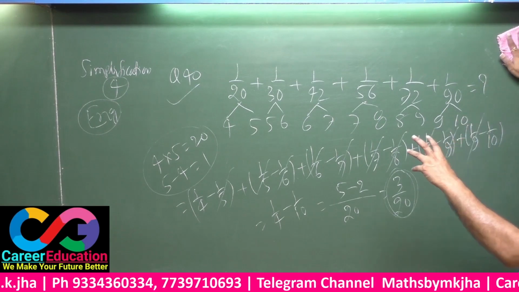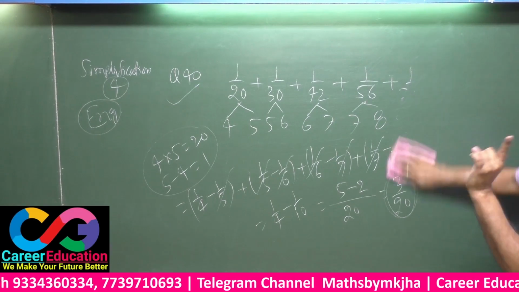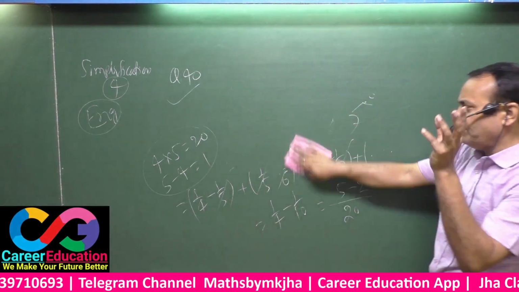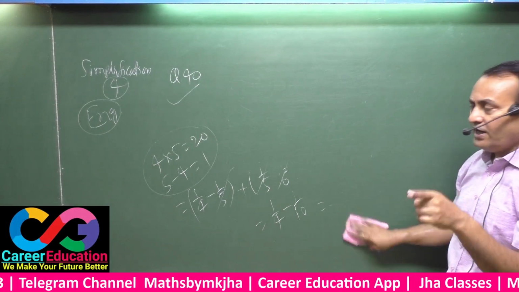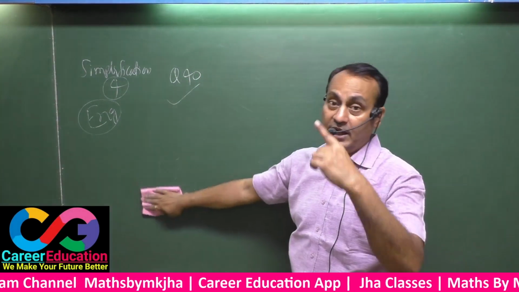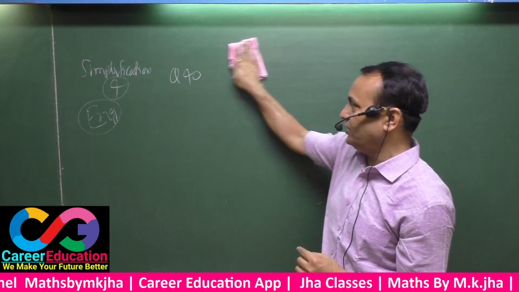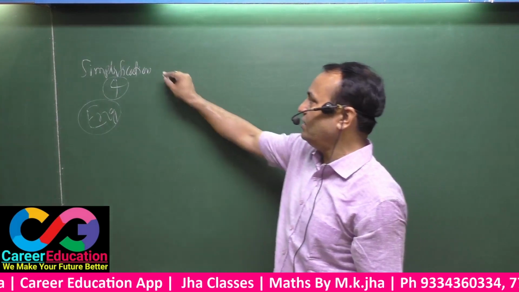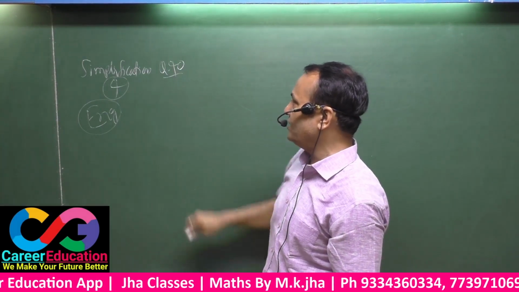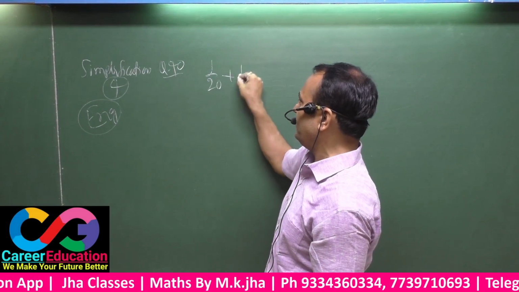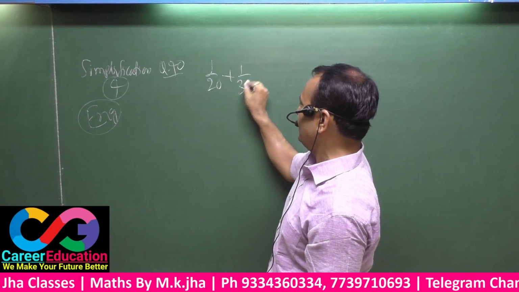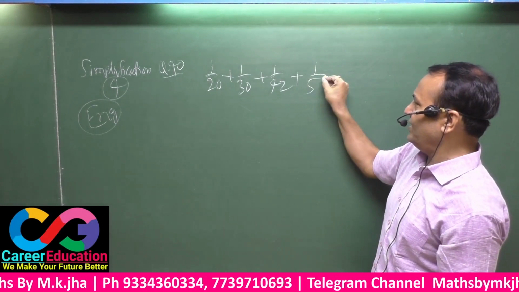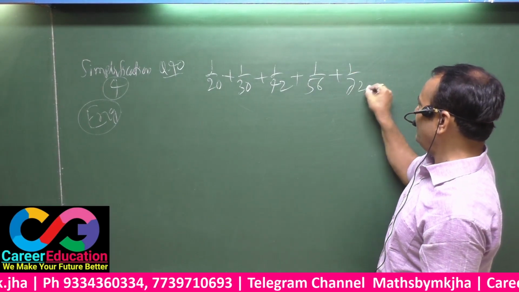In such types of questions you have to find two factors of the given number, so that after multiplication the number is obtained and the difference is equal to the above value. That was only one there. Now see about this question, learn what to do. Very easily you can reach the answer. This is 1 by 20, 4, 5; 5, 6; 30; 42; 5, 6; 6, 7; 7, 8; 8, 9; 9, 10.